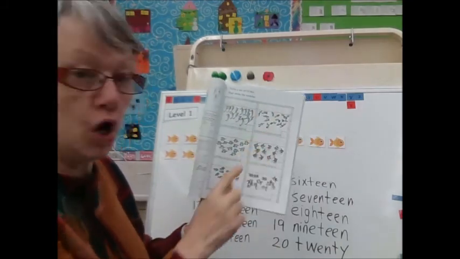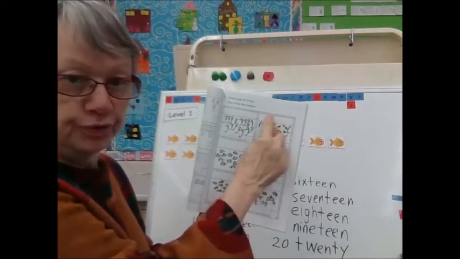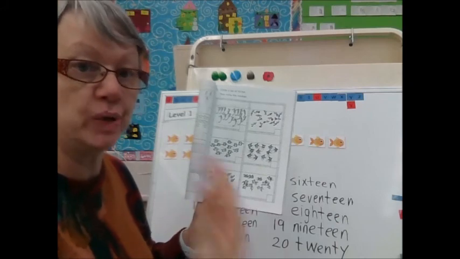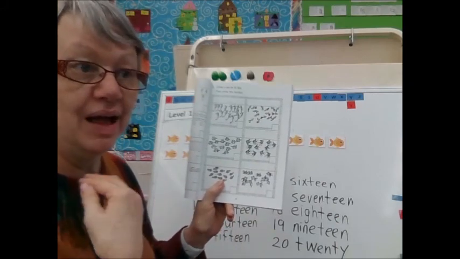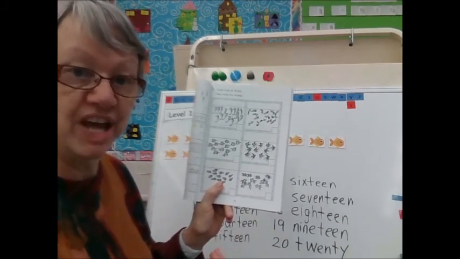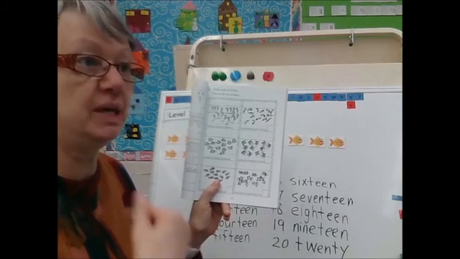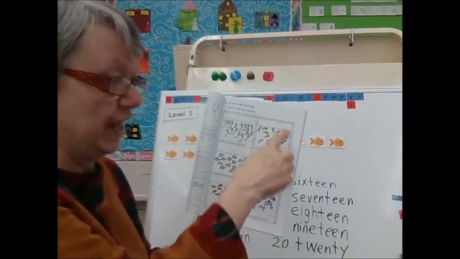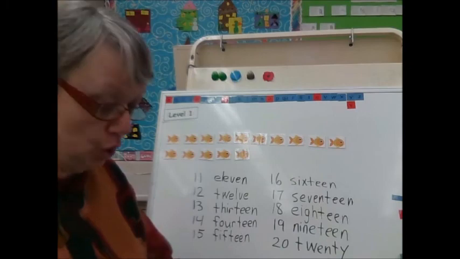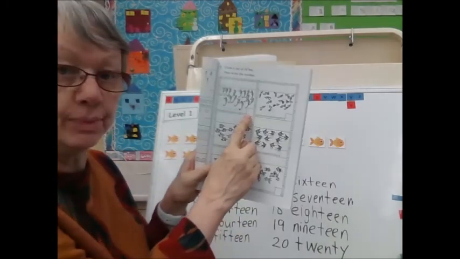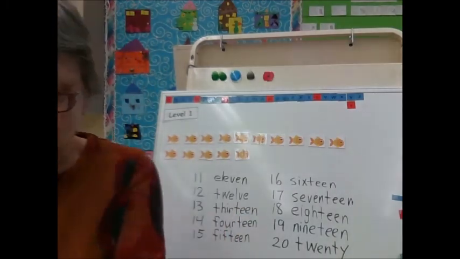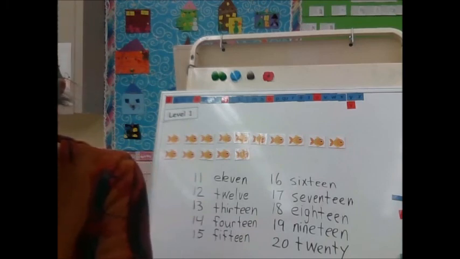So you can do that for all of them. You circle a group of 10 and then you count the rest of them on from 10. Okay? So you keep counting up until you count all of them and you will know what the number is. And you write that number in this box. Okay? So that is what you will do